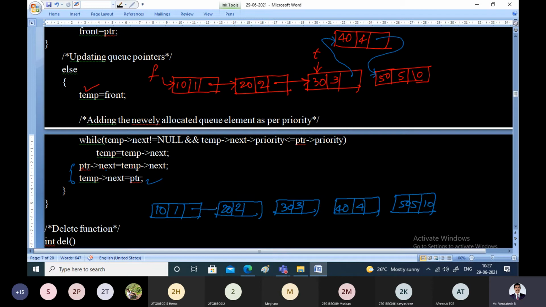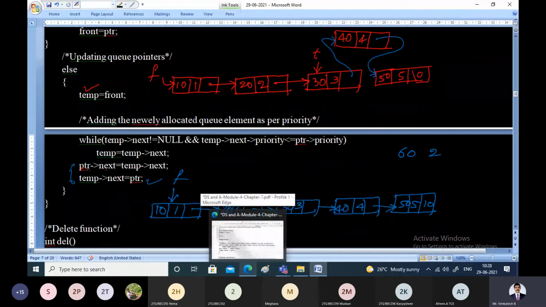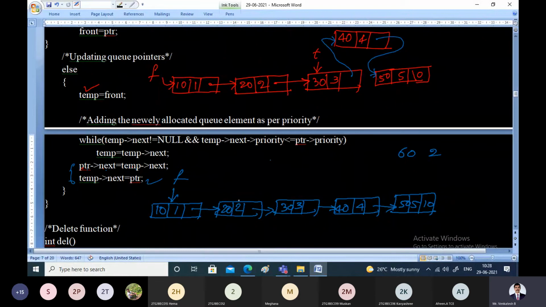It is pointing to null, and this is how they are pointing. This is the existing one which I have taken, which is already present. This is front pointer. Okay. Now which node are we trying to insert? We are trying to insert 60 with the priority 2. So 60 with the priority 2 will come somewhere here, either before this or after this, because with 2 and 2 both you can insert it. So for better purpose, I'll create the node here itself: 60 and priority is 2, and this is PTR.